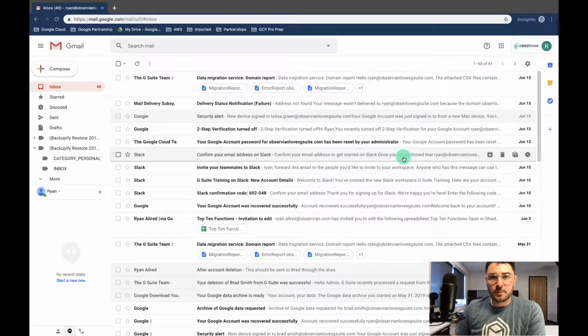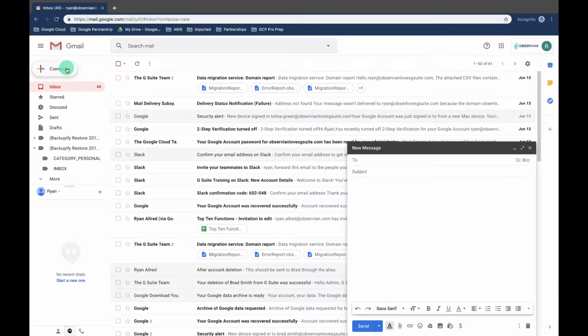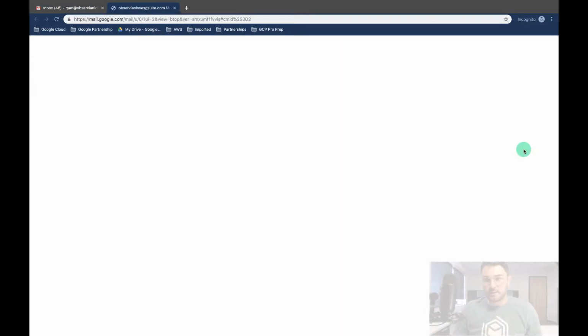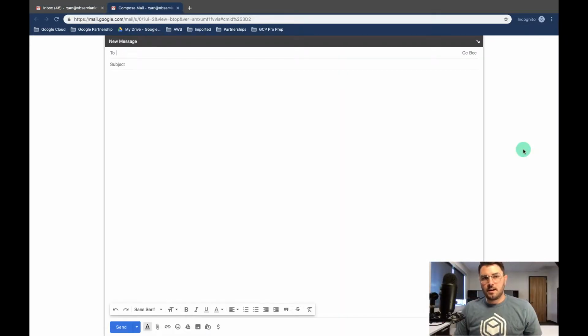So let's send one really quick and see what it looks like. I'm going to click compose, and just so that we have a better view, I'm going to hold my shift, and I'm actually going to click right here. Now we've got a full screen email. That's just a quick key that you can start using in your daily life if you'd like to see that as well. So I'm going to send something to Lisa,